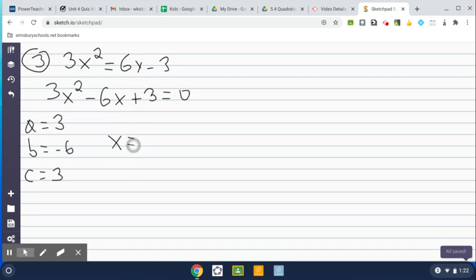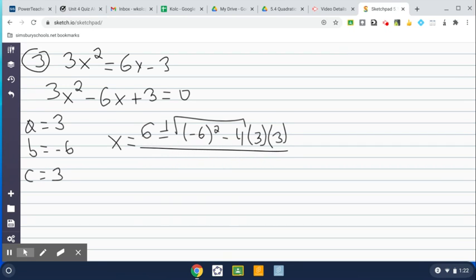So x equals opposite of b. So opposite of negative 6, which becomes 6 plus or minus square root of b squared, which will be negative 6 squared, minus 4 times a, which is 3, and times c, which is also 3, and everything divided by 2a, which will be 2 times 3. Okay? So now you get x equals